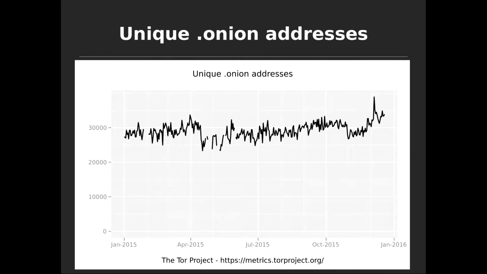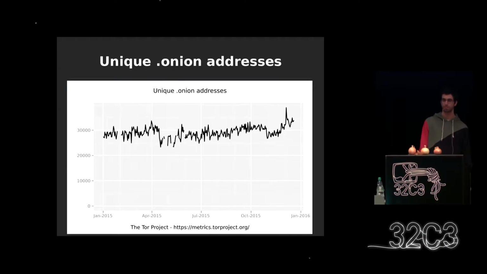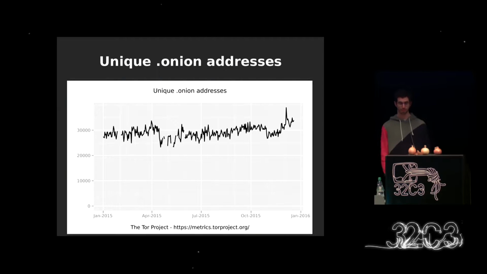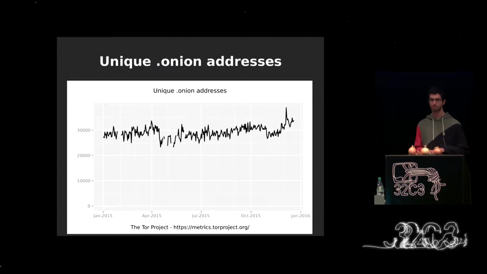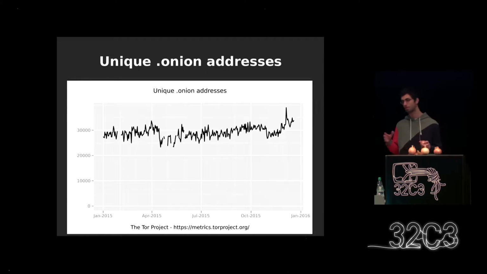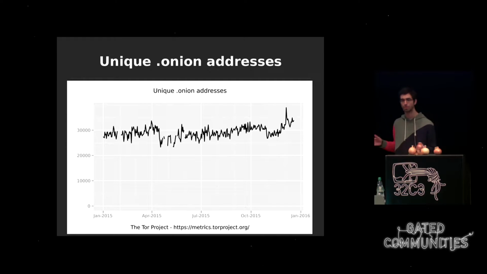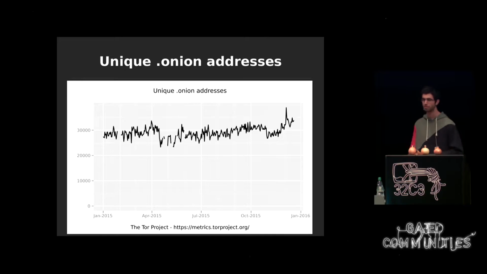So, hello. We have some statistics to give you an idea of the current maturity of the system. We got these statistics by asking relays to send us information about the hidden service activity they see. Only a small fraction of relays is reporting this statistic, so we extrapolate from this small fraction, and that's why the statistics can have lots of ups and downs and noise. But anyway, it can give you a basic idea.